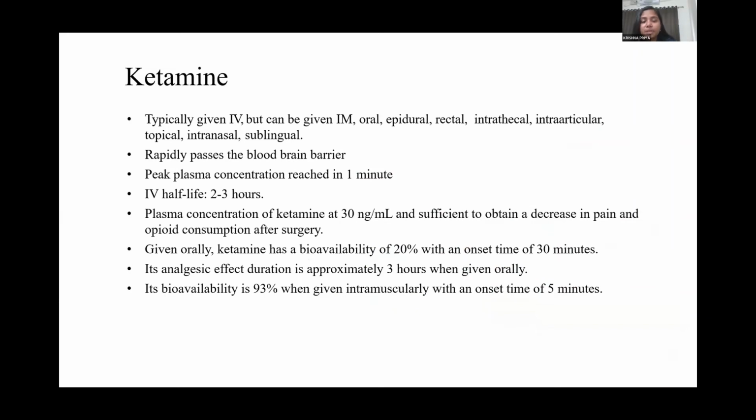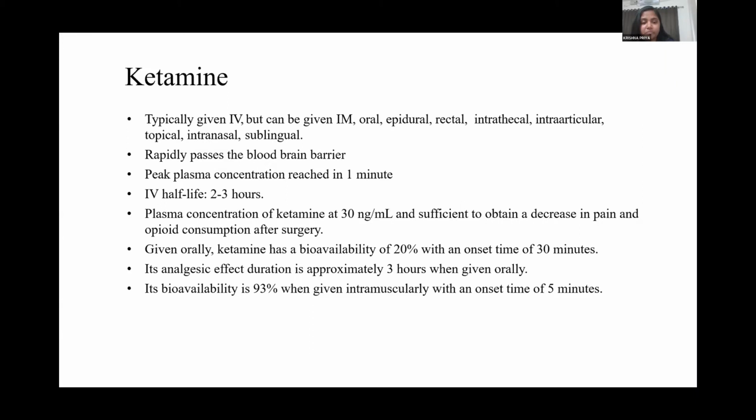So typically ketamine is given IV, but can be given IM, oral, epidural, rectal, intrathecal, intra-articular, topical, intranasal, or sublingual. It rapidly passes through the blood-brain barrier. Peak plasma concentration is reached in 1 minute, and IV half-life is 2 to 3 hours. A plasma concentration of ketamine of 30 nanogram per ml is sufficient to obtain a decrease in pain and opioid consumption